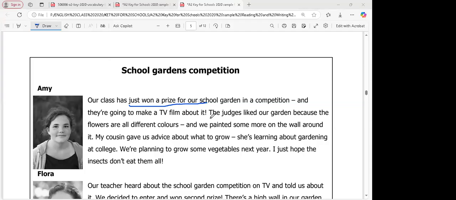This line also doesn't match with any of the questions. The judges liked our garden because the flowers are all different colors. So somebody mentioned about the colors of the